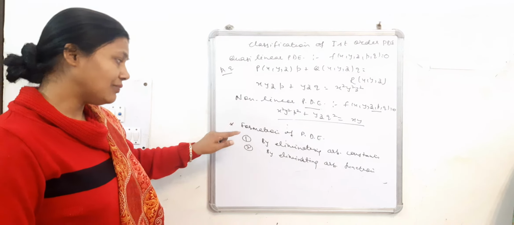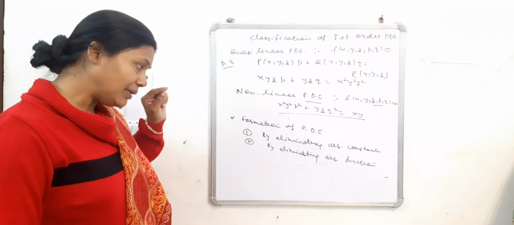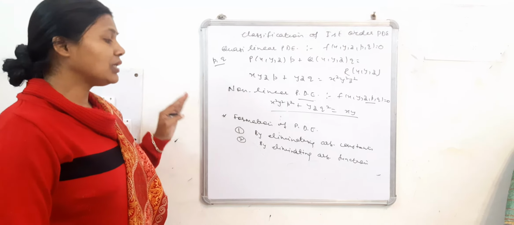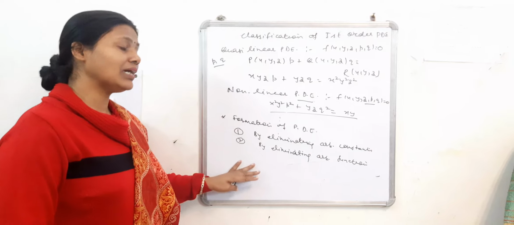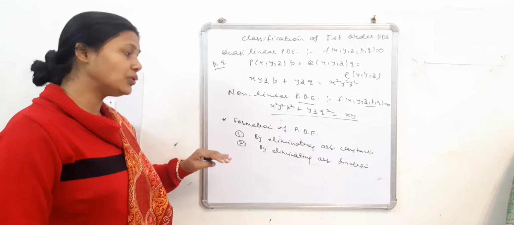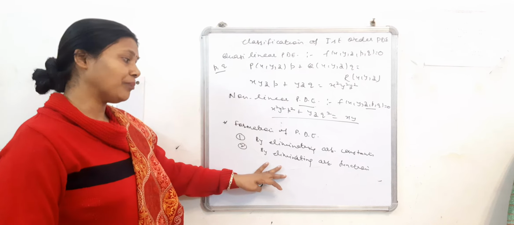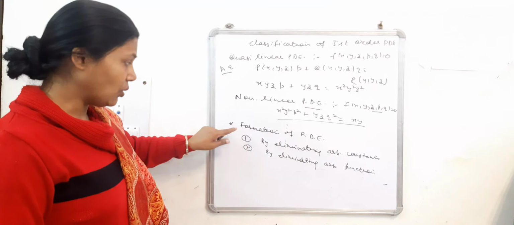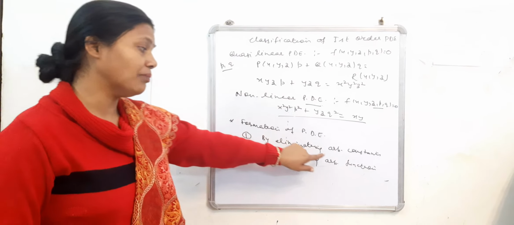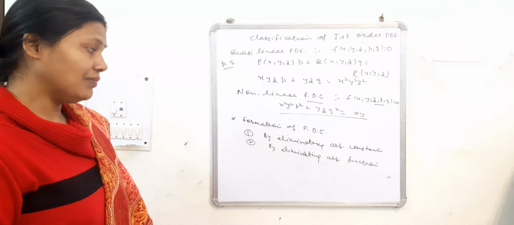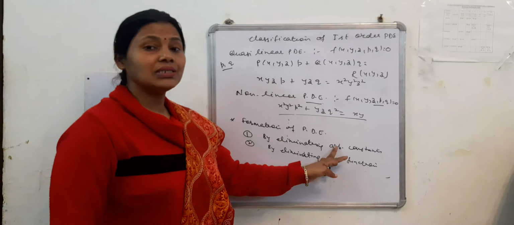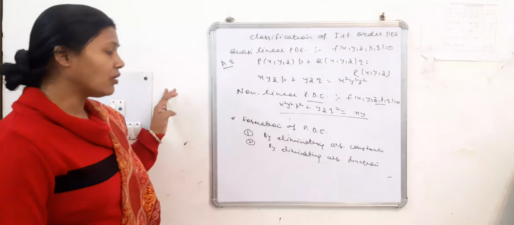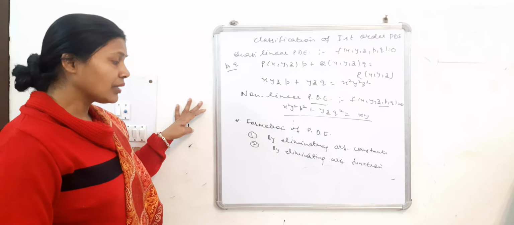We can form the partial differential equation of order 1 or order 2 or any order by eliminating the arbitrary constants present in the given equation. In the same way we can form the partial differential equation by eliminating the arbitrary function. Any count of functions can be present in the equation. Now, when we are forming the partial differential equation, its order depends upon the number of arbitrary constants present in the given equation. If the number of arbitrary constants present in the given equation is equal to the number of independent variables, then the partial differential equation formed is of first order.